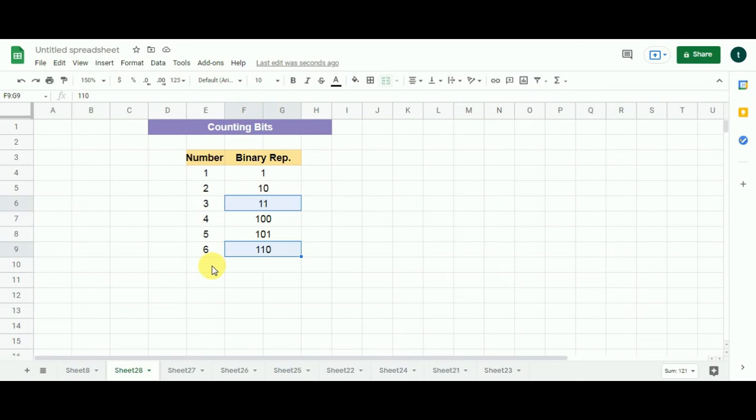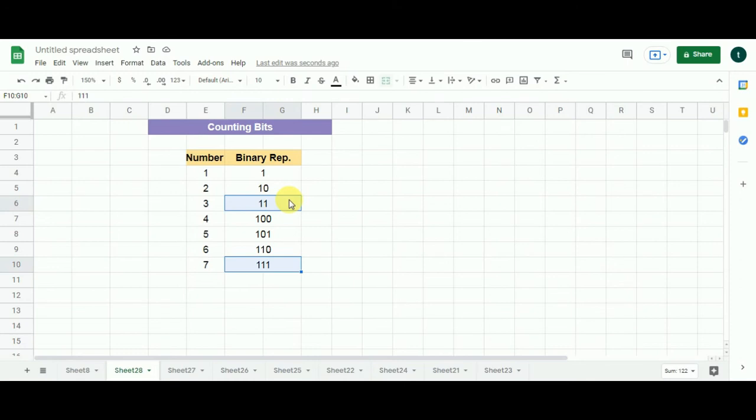Let me add 7 here and write its binary representation, which is 111. Now dividing 7 by 2, we get 3. And see that the number of ones in the binary representation of 7 is exactly plus 1 the number of ones in the binary representation of 3. So our theory is yielding correct results.